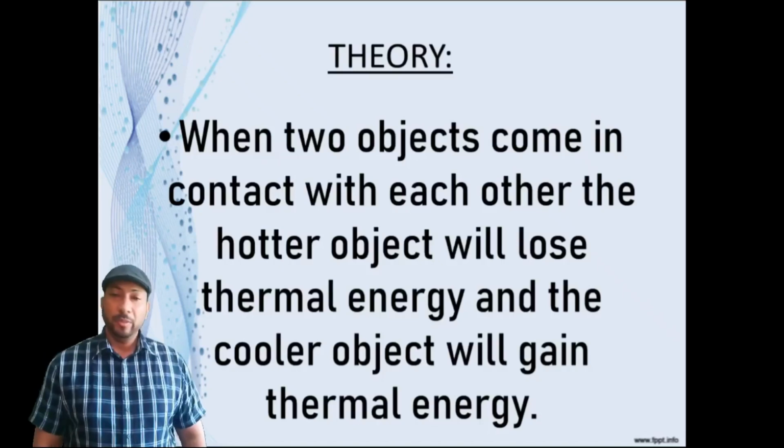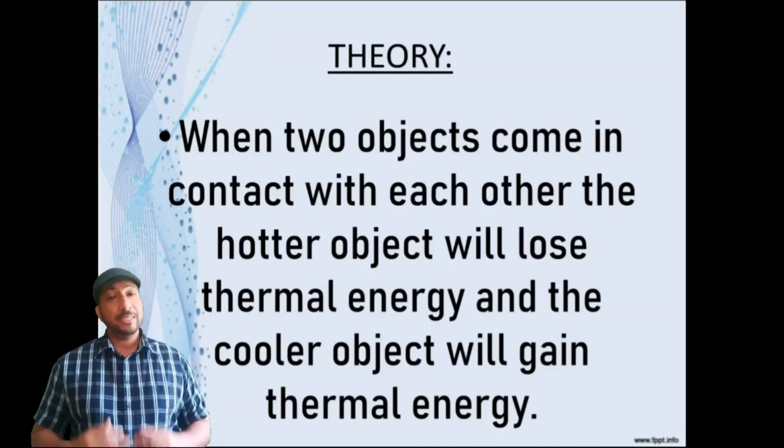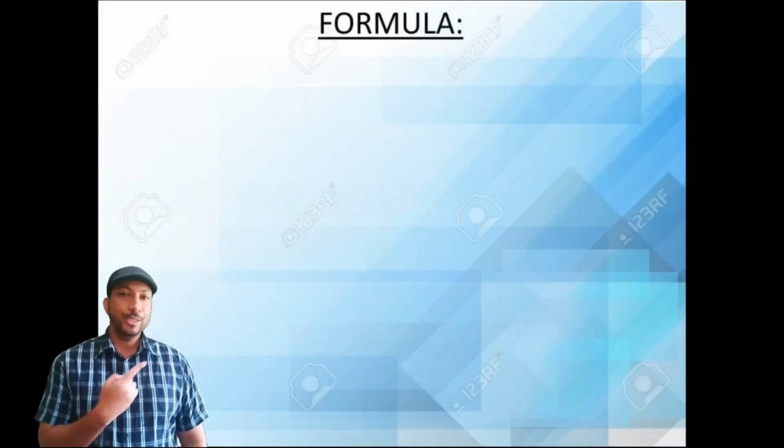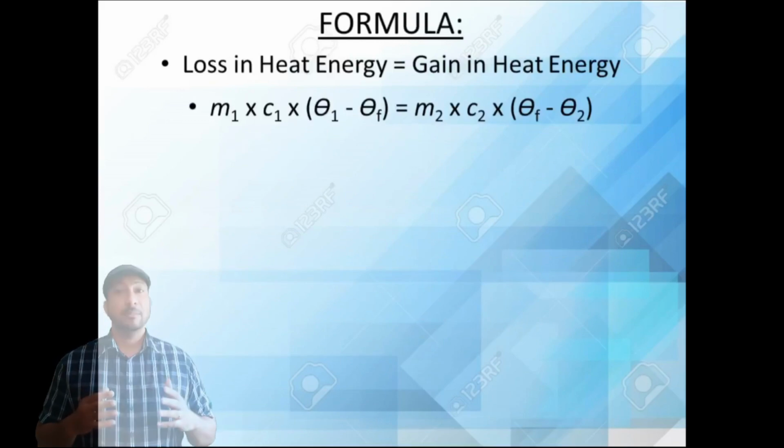The theory we'll be using today is that when two objects come in contact with each other, the hotter object will lose thermal energy and the cooler object will gain thermal energy. So the formula that we'll be using today, based on our theory, is that the loss in heat energy is equal to